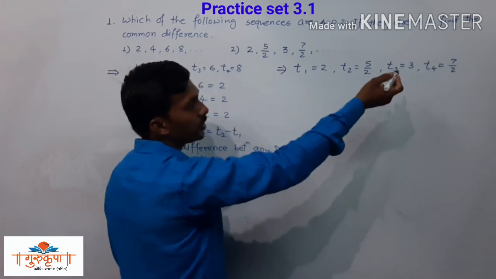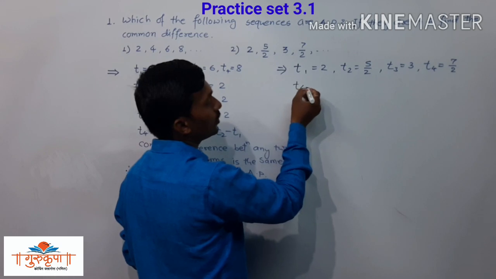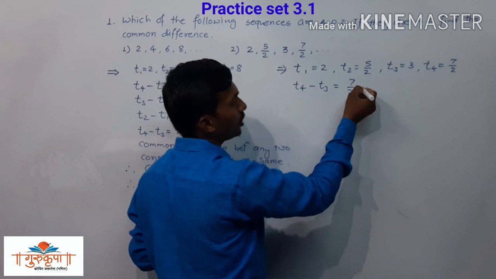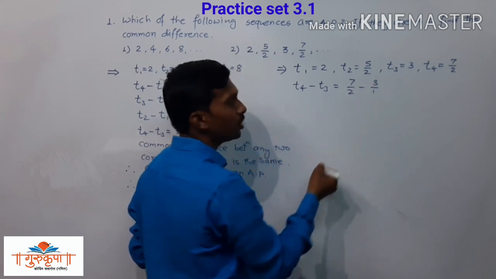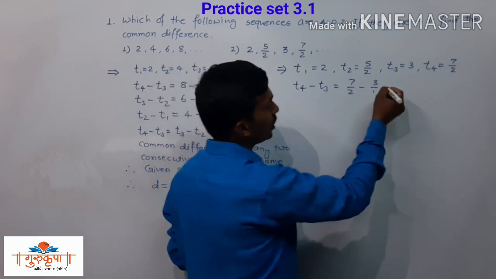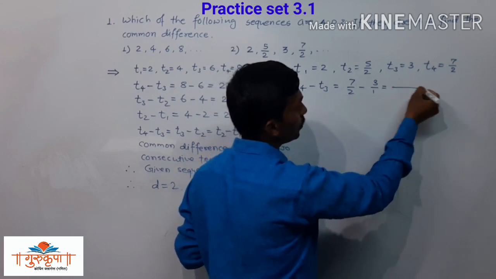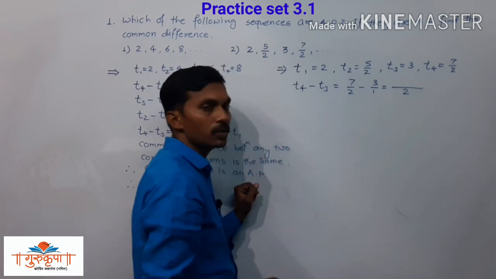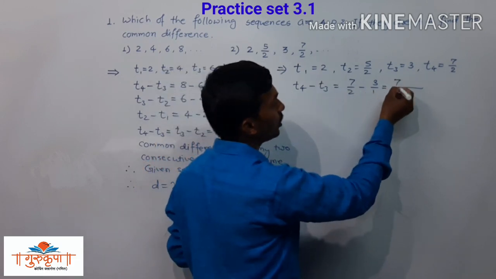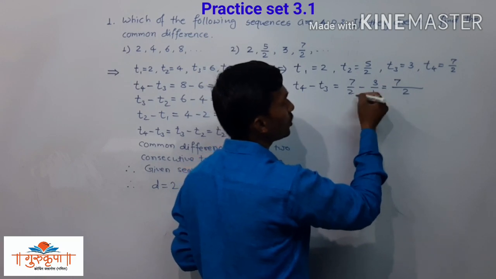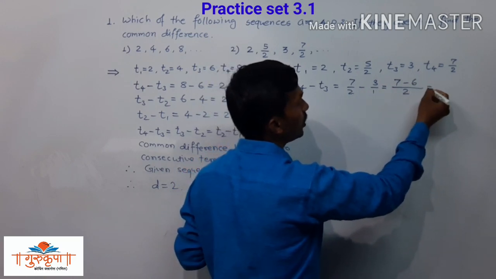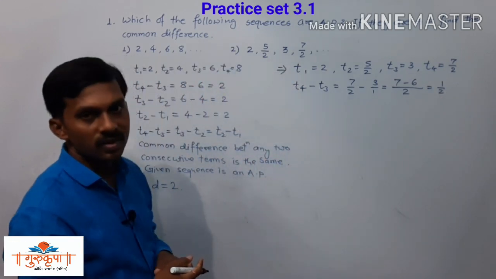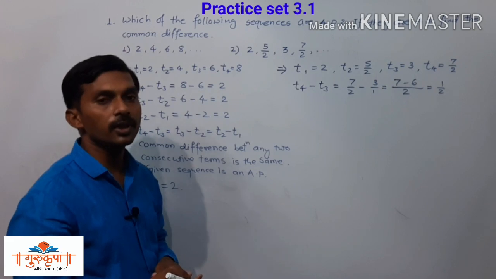So here first we will find T4 minus T3. T4 is given 7 by 2 minus T3 is given 3, nothing is there in the denominator, means we have 1 there. So here we have to take the subtraction of the two numbers, multiplication of denominator to the denominator, 2 into 1 is 2. Now cross multiplication to the numerator, 7 into 1 is 7 minus 2 into 3 is 6, and it is equal to 1 by 2. T4 minus T3 is equal to 1 upon 2, that is half.